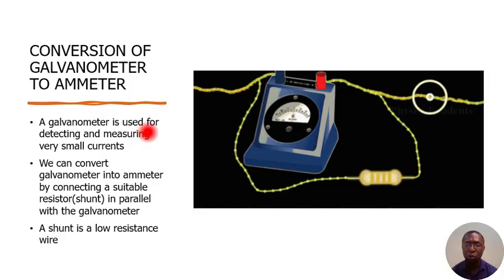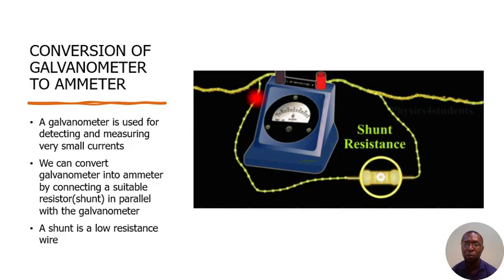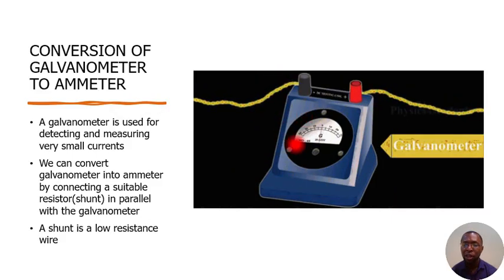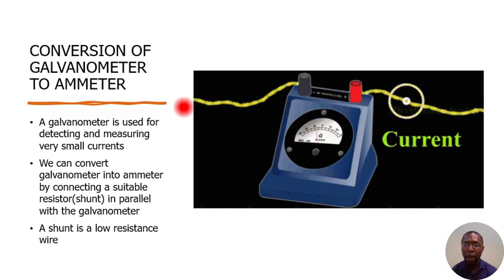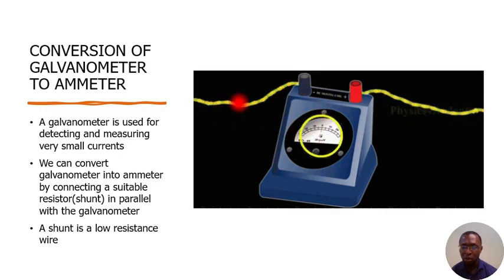All you need to do is to connect a very, very low resistance wire to that galvanometer in a parallel form. You can see it here. This galvanometer here is receiving a current. There's a current flow. Now, if you want to convert it to an ammeter, you just get a low resistance resistor